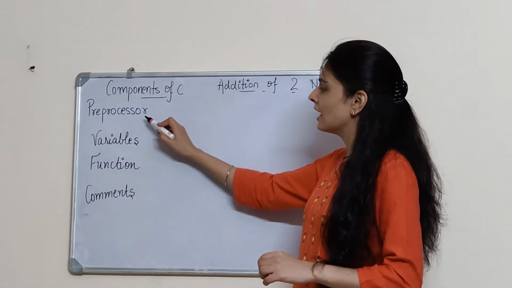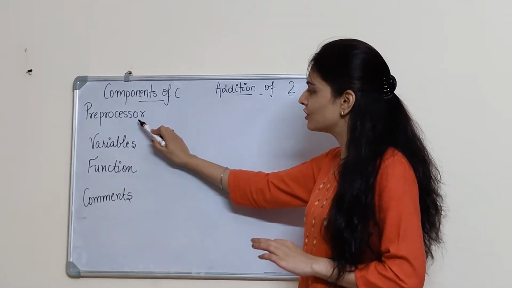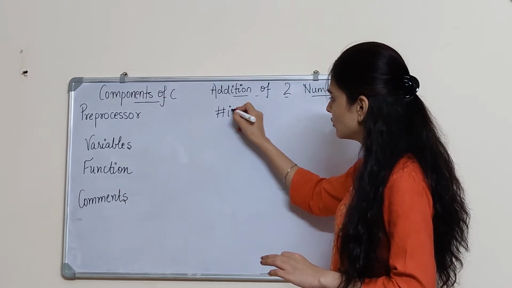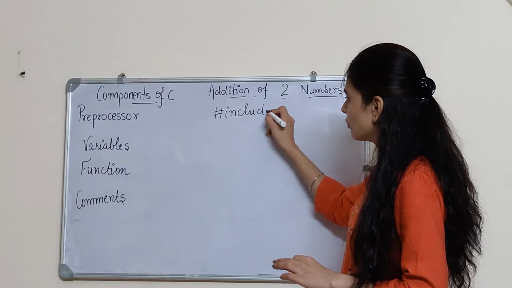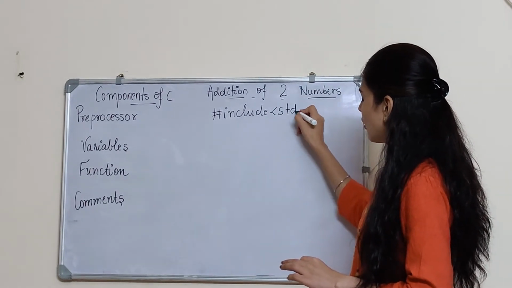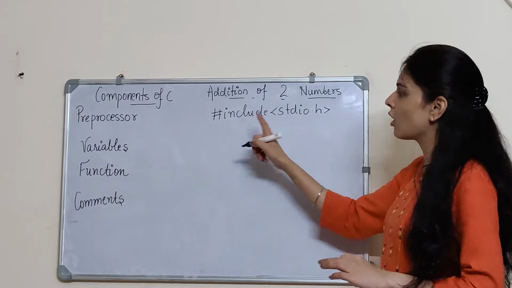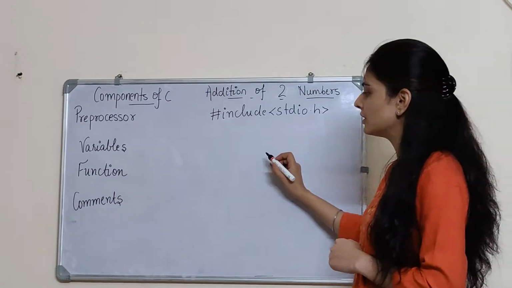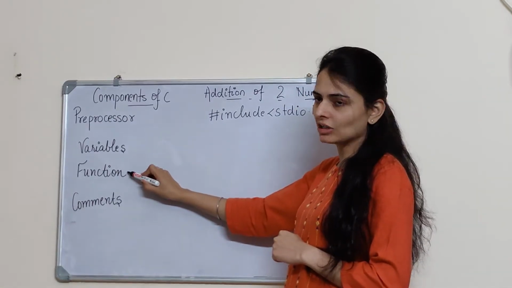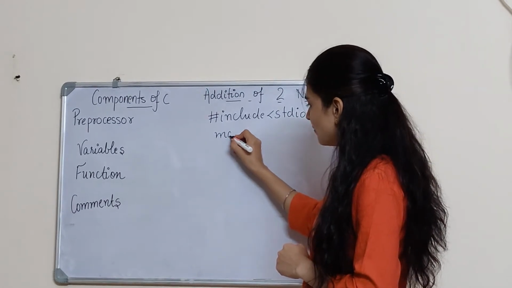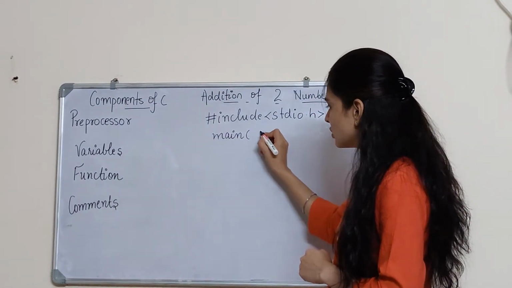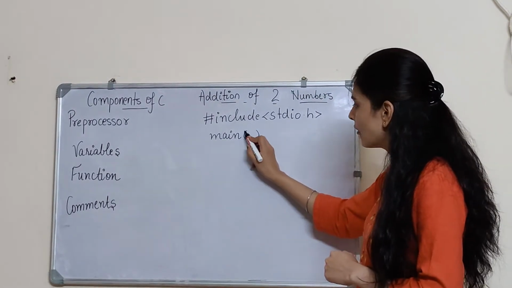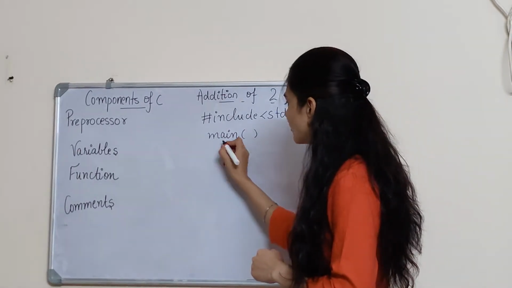So far we have seen that for writing any C program, the very first thing that we include is a preprocessor directive that includes the standard input output function for our C program. So this is how we include that. After that, for any computation or operation that we have to perform, we include a function named the main function, from where all our execution starts, followed by the parentheses. All functions within C are followed by these parentheses after their name.